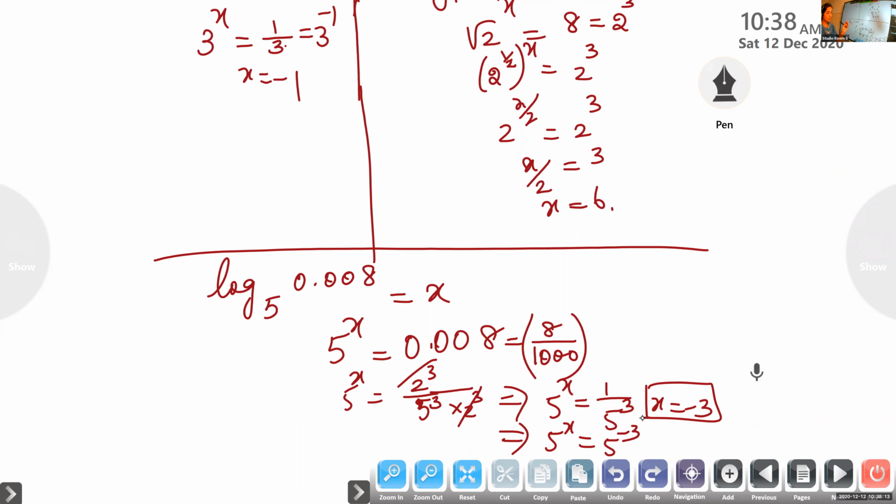Not only for this exam, you will get this type of questions when you attend PSC, government exams, or any entrance exams. For all these types of exams, applied maths, this type of questions will be there. Exponential form questions.